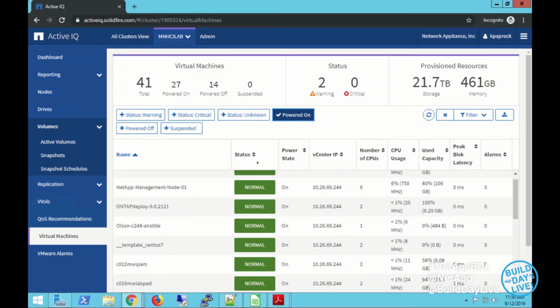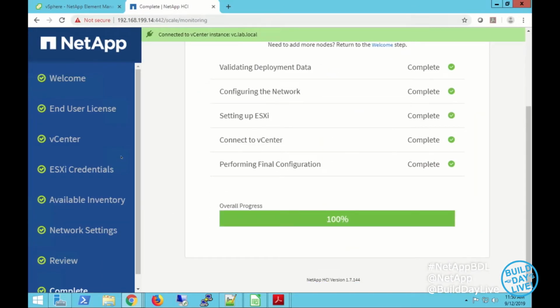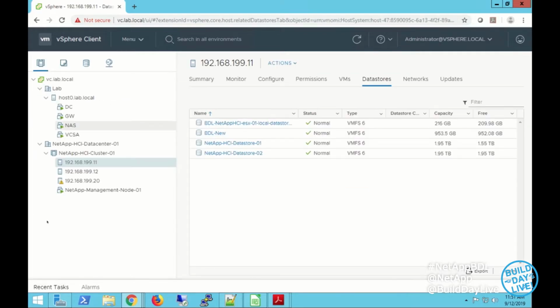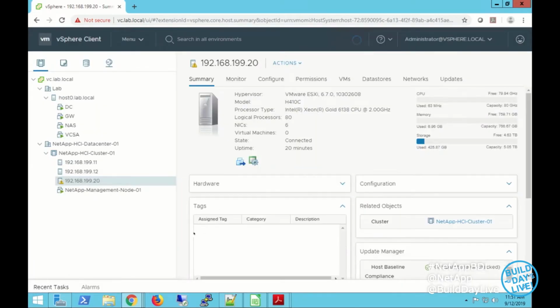Let's take a look now and see our newly added compute node, because it's now successfully been deployed. So we'll close out that guy. And what we should see going back into our hosts and clusters view is that, yes, we've now got a third ESX server in our cluster, and of course it has that same CVE, which I'm going to suppress so that we actually see if there are any actual errors going on in there. So now we have our 3 nodes in our compute cluster, we have 5 nodes in our storage cluster,